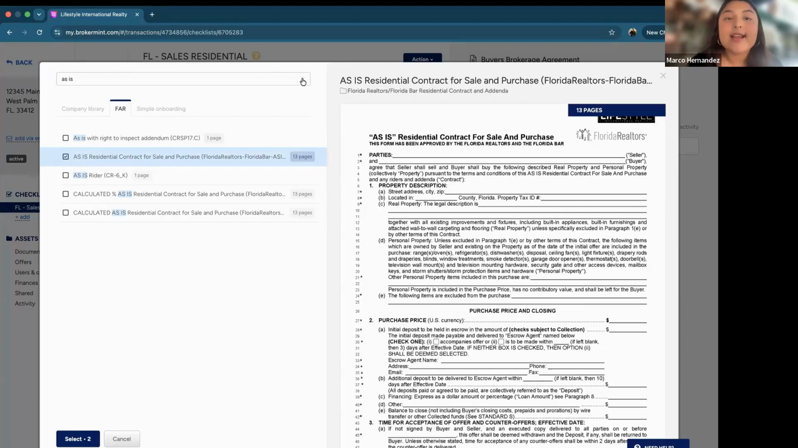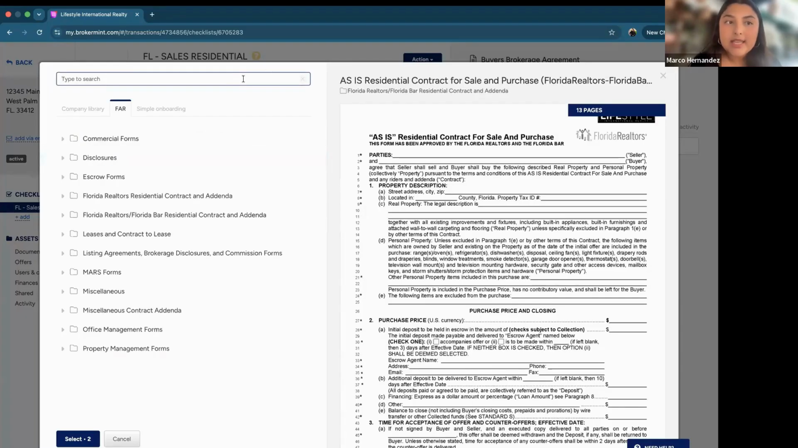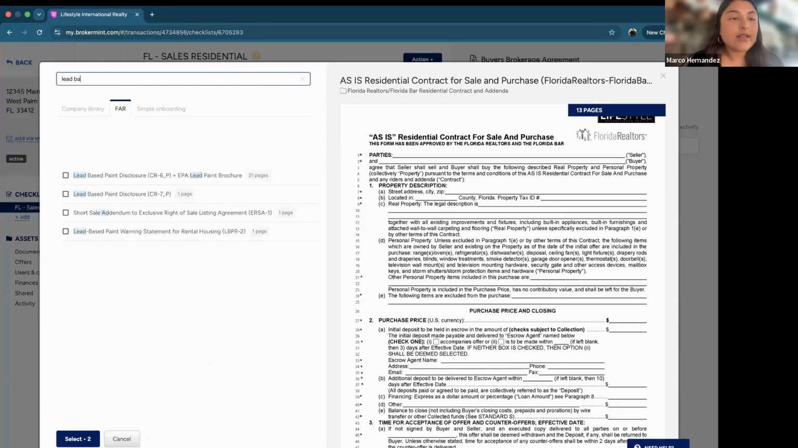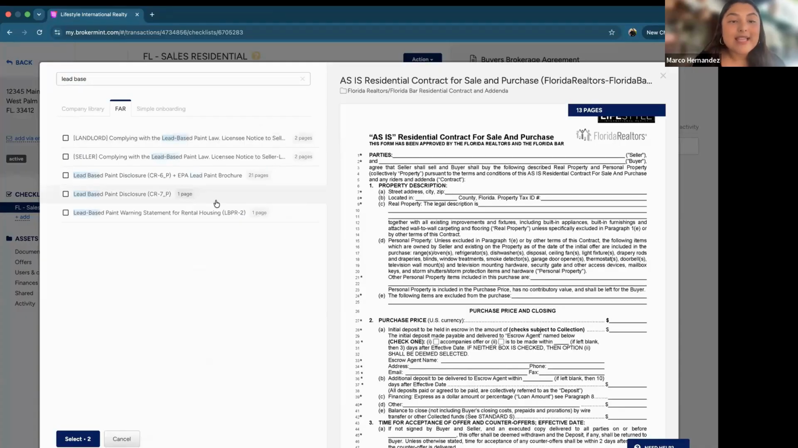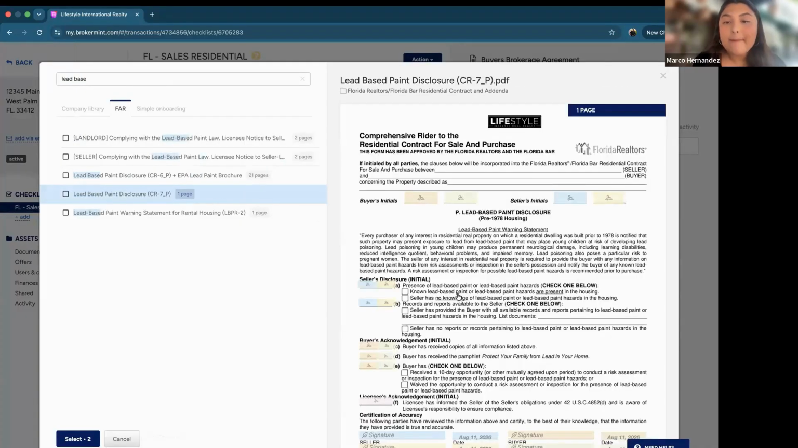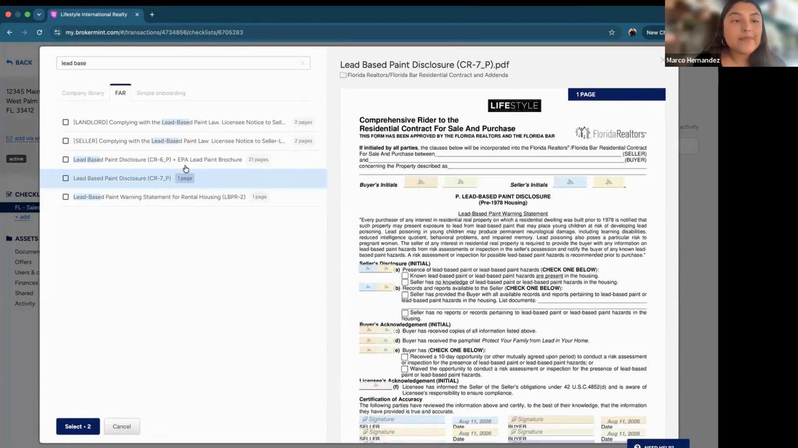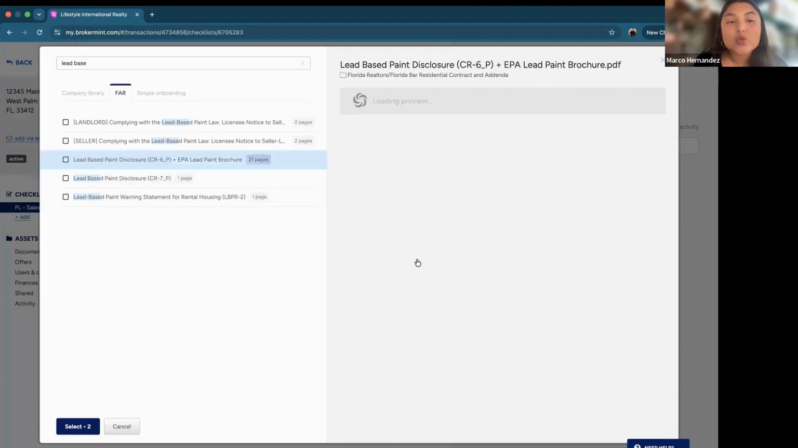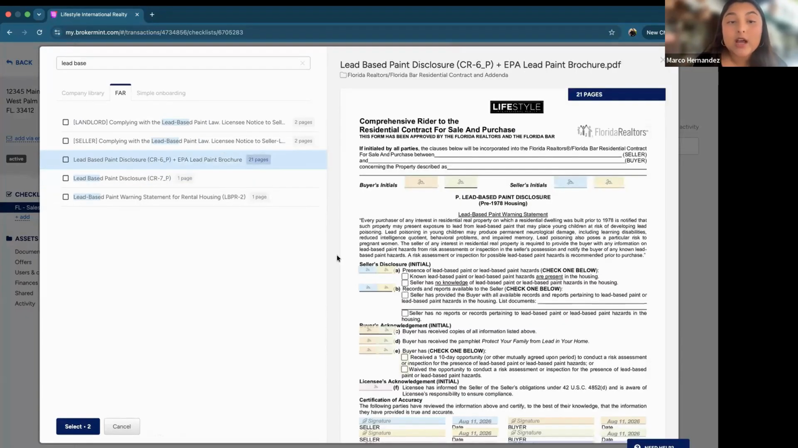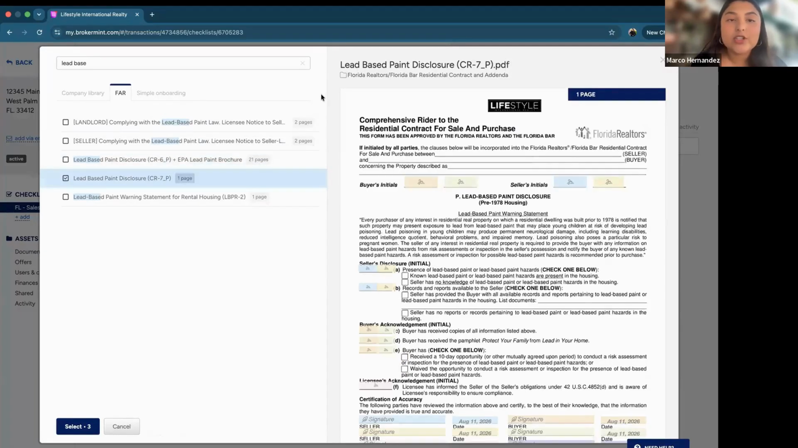Perfect. Now let's say that I want to look for my lead-based paint. I already selected it. Now I exit out. I type in again, lead-based paint, lead-based, and I have my lead-based paint here. So I'm making sure that this is the one I want. Yep. We even have one here with the actual lead-based paint brochure. That's why it's 21 pages. I just want the one that's one page. So I select that. Great. I selected it. Now I'm going to hit exit